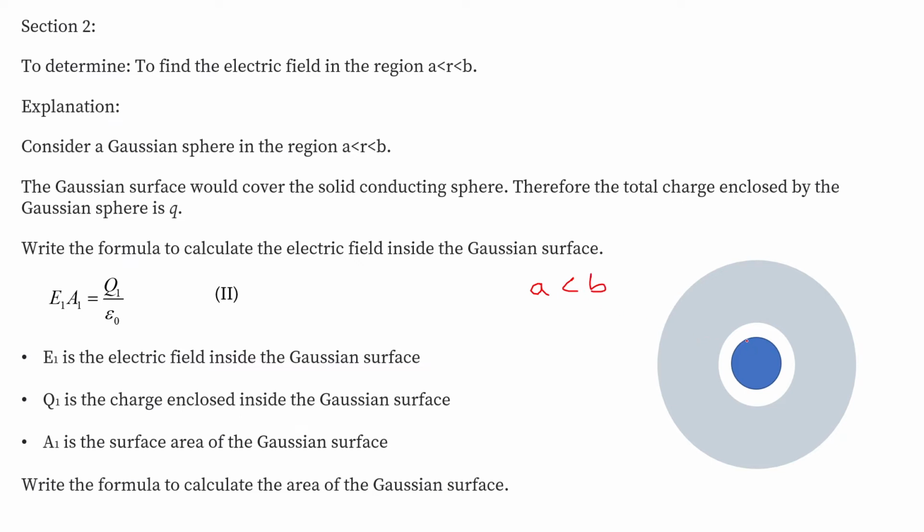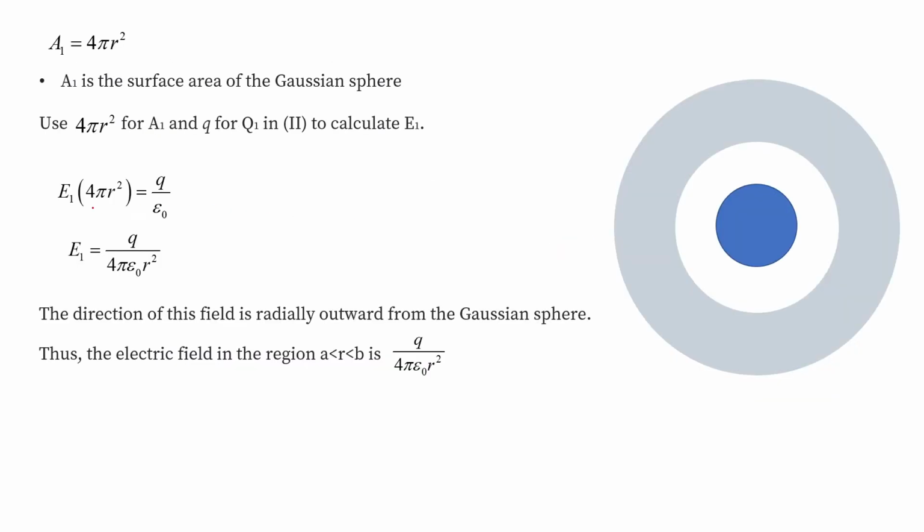So here we can see that the Gaussian surface is here while the charge enclosed is Q. As we know the value of A, where let's suppose the radius be r, from here we can calculate the value of A, that is 4 pi r square. E into 4 pi r square would be equal to the electric flux, where electric flux is Q divided by epsilon naught. So from here we can write the value of E, that comes out to be Q divided by 4 pi epsilon naught r square. So electric field for this portion decreases as we increase the distance from the center.